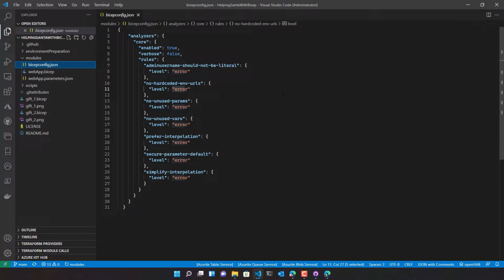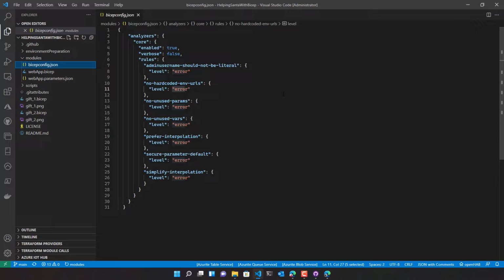As I was saying before during the slide, by design, the linting rules enforced by Bicep throw warning messages when they fail.